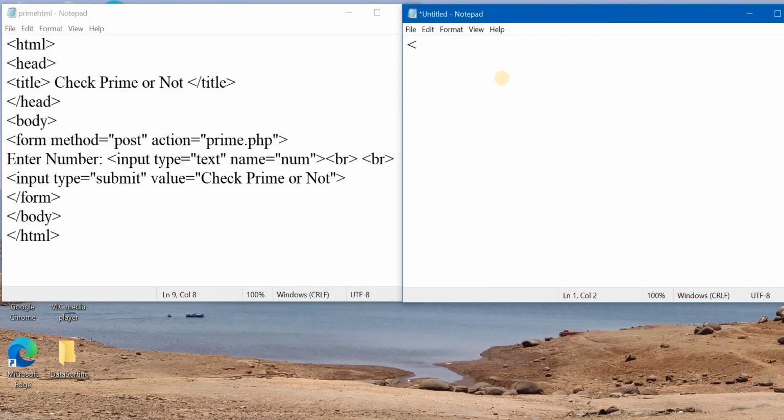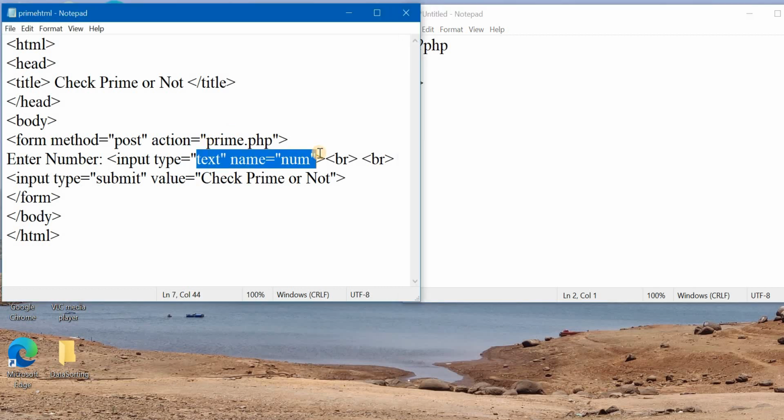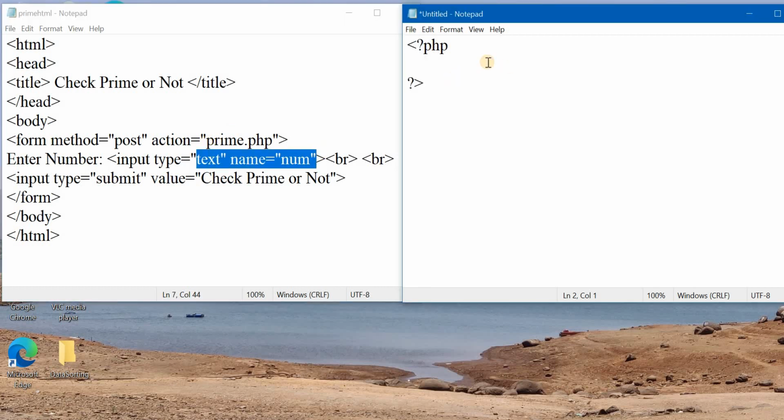Now PHP code starts with angle bracket question mark PHP and ends with question mark angle bracket. Now here we need to fetch the number that the user has entered in this field. So how to do that? First of all, declare a variable. I am declaring the variable as num equal to